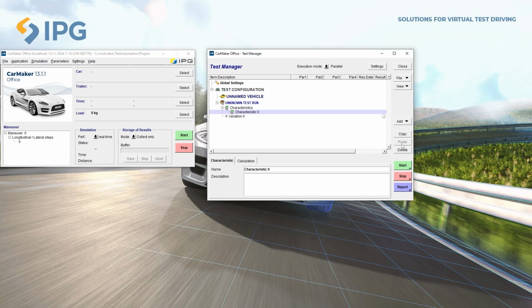I also have the possibility to add criteria. Since we consider braking, we can also consider a criterion to be the braking distance. If the braking distance is less than, let's say, 15 meters in the simulation, it considers this as successful or pass. If it's more than that, maybe it is a warning. And if it's beyond the factor of safety, we can consider that as a simulation failed.